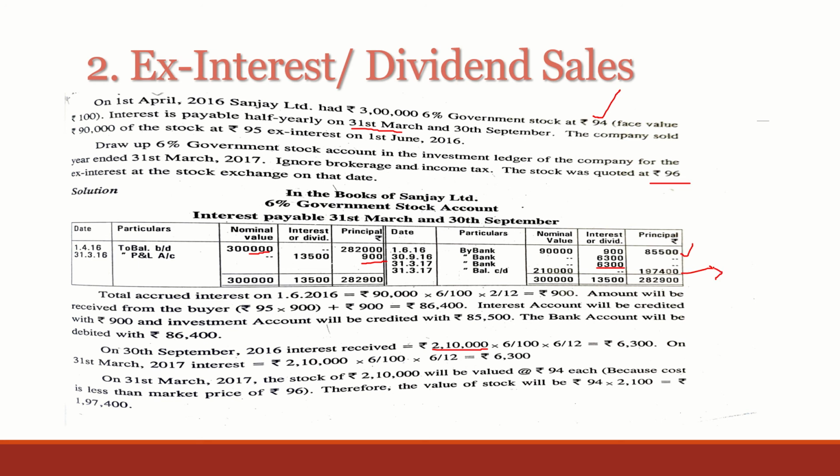Okay, so I think that you are clear about the x interest sales calculation. It is as simple as x interest purchase. There is one difference: at the time of sales, please look for any profit or loss. Once you are clear about x interest and cum interest sales and purchase, we'll move to solving more complex problems, where multiple sales and multiple purchases are given on x interest and cum interest basis. So go through the video and work out more problems.